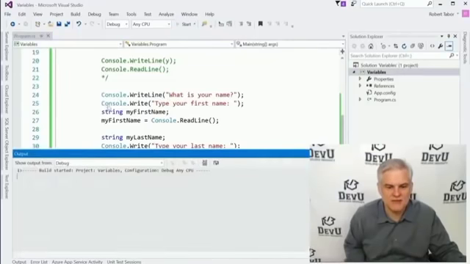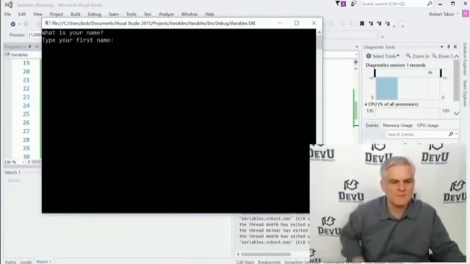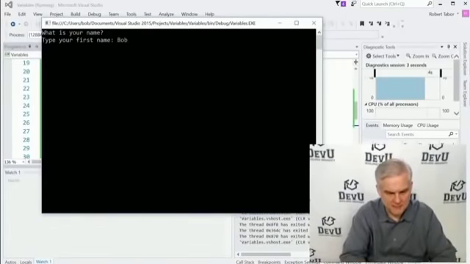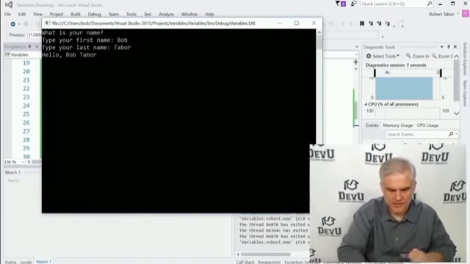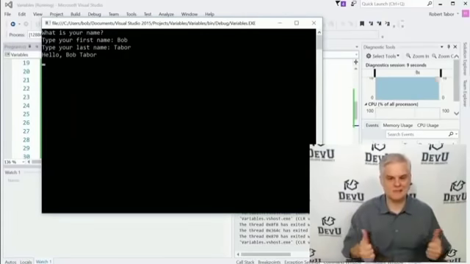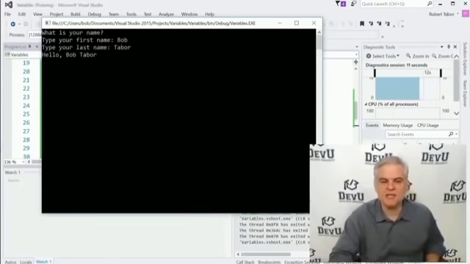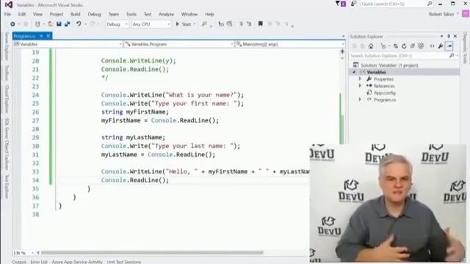Let's run the application, and we have some things we want to talk about here. Okay, so what is your name? Type first name, Bob, enter. Type your last name, Taybor, enter. Hello, Bob Taybor. Awesome. Okay, so very simple application, but hopefully now we're pushing the envelope a little bit more,